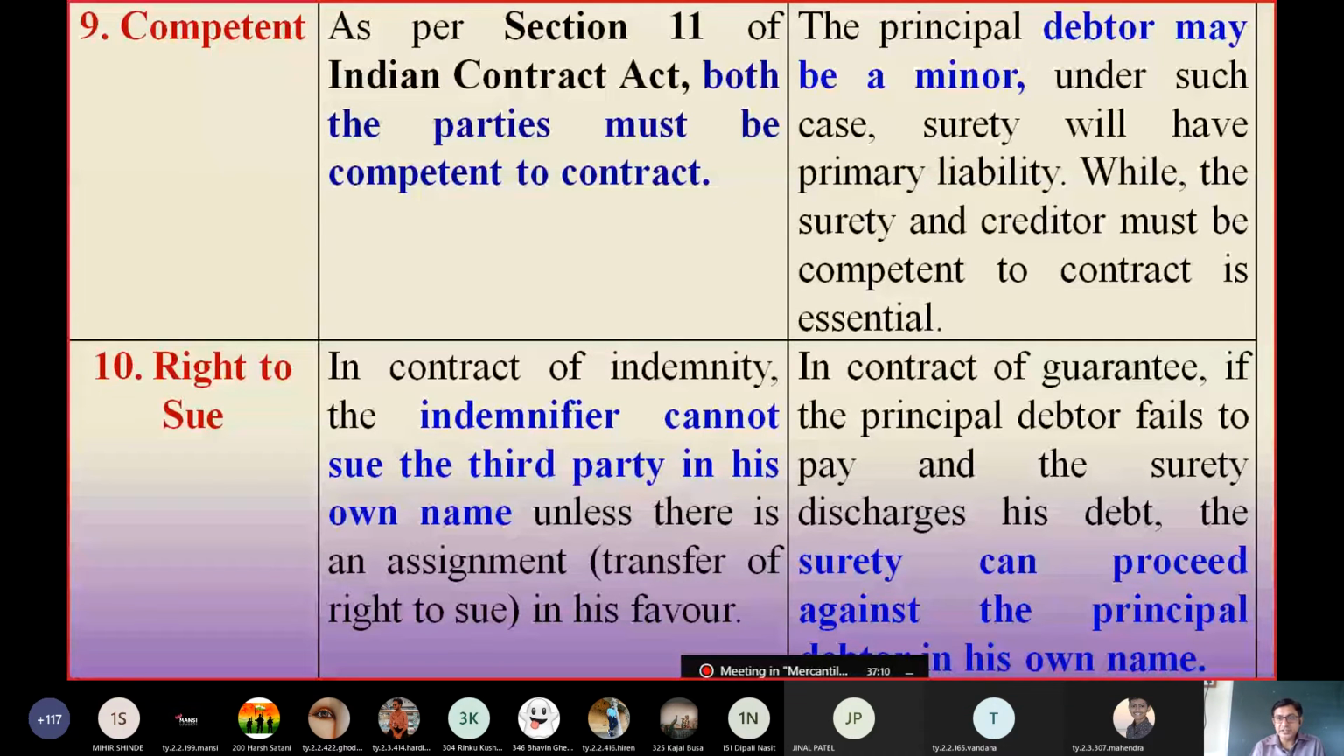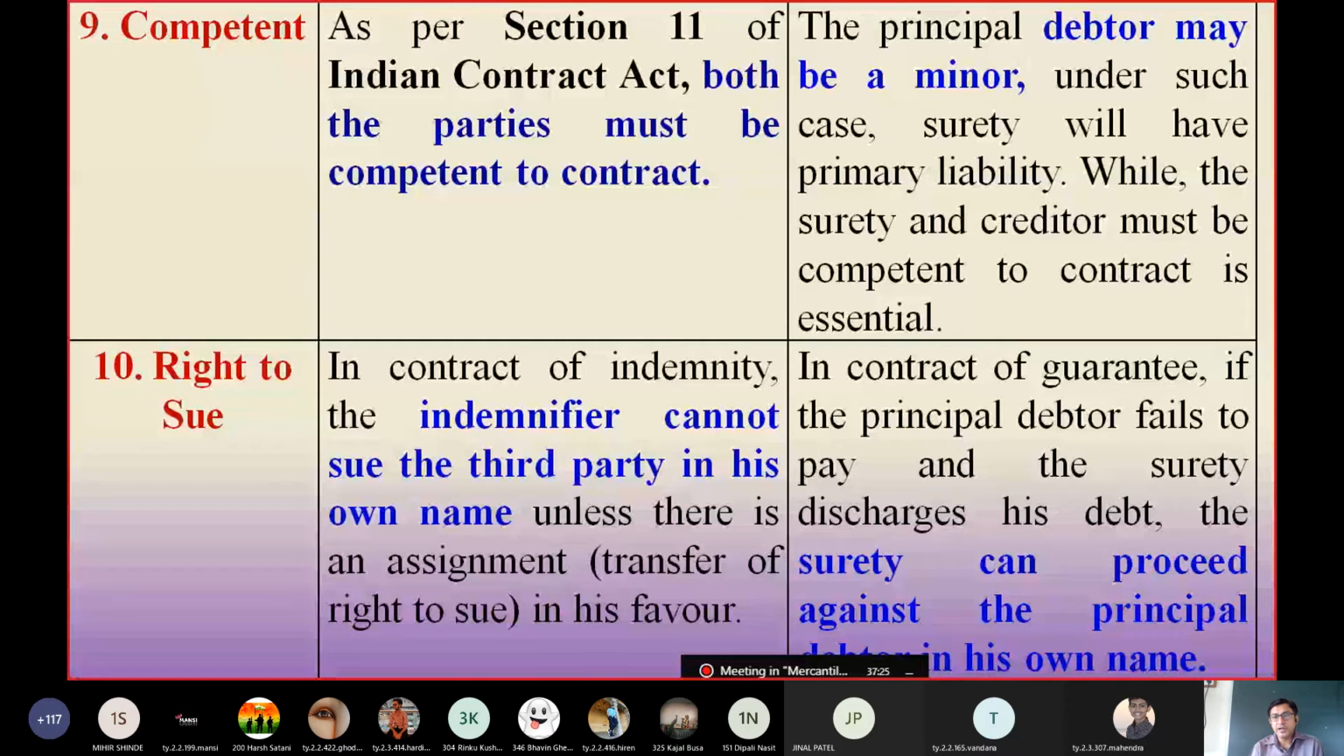That is the basic reason. So he is not at all liable for any debts. A minor person is not able to have debt contracts. So in such circumstances, if the debtor enters as a minor person in the contract, then the surety's